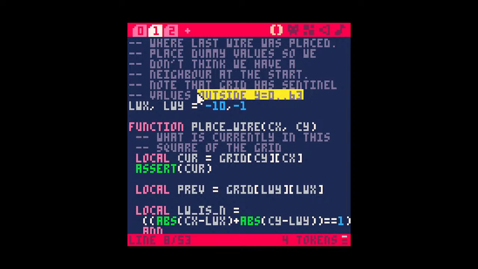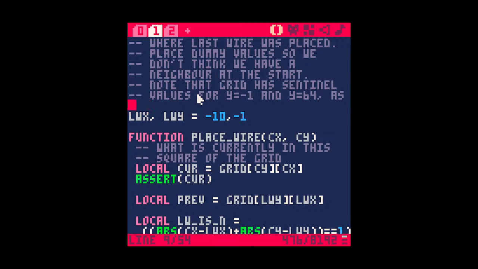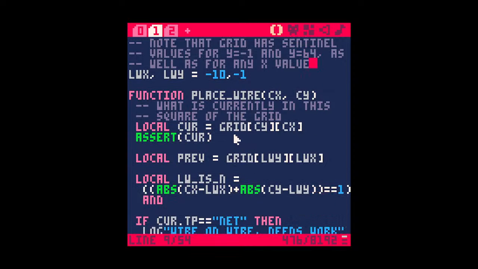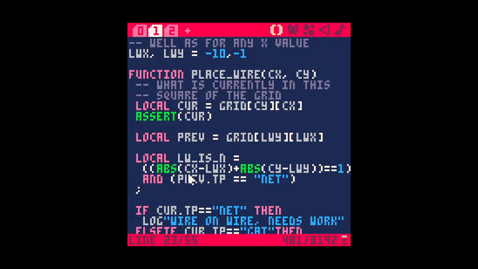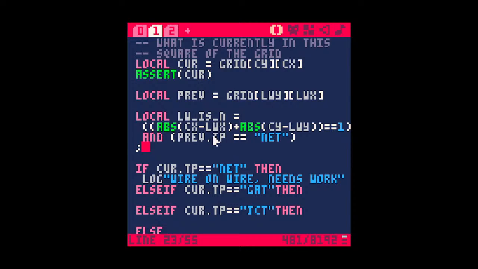Has sentinel values for y equals -1 and y equals 64, as well as for any x value. Okay, so the previous is that one, and grab.type equals net. So the Manhattan distance being 1,